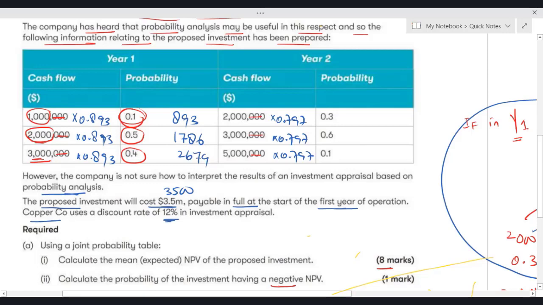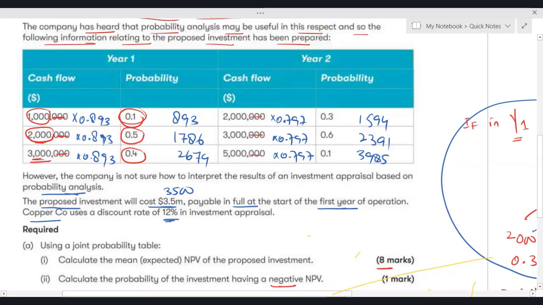0.797, I'm getting 1594. So 3000 into 0.797, 2391. 5000 into 0.797. Since discount factor is given, we have to calculate the present values as well. We have calculated. Now the main thing is,